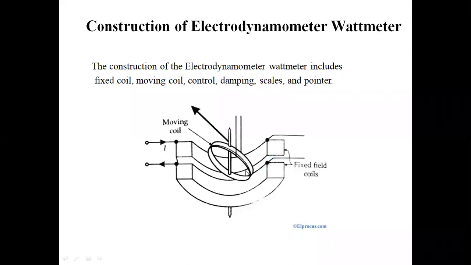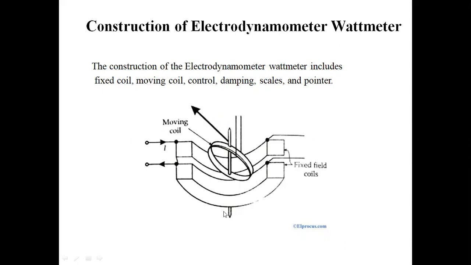So with the help of the magnetic flux, a magnetic flux is set up by the fixed coils with respect to the load current which is flowing in these two fixed coils. These two fixed coils are uniformly constructed. So if you observe the moving coil construction, this circular moving coil is also called